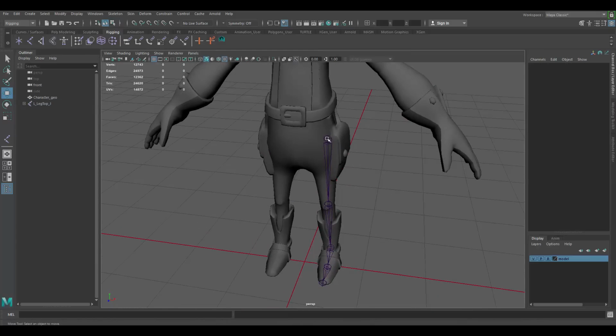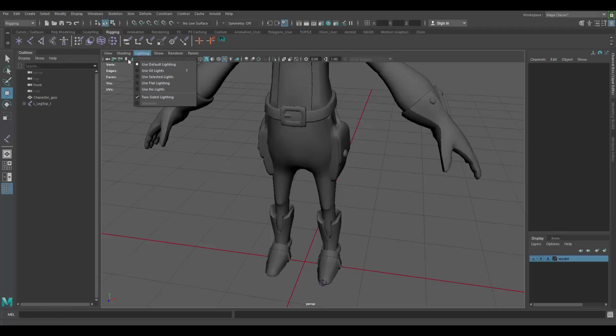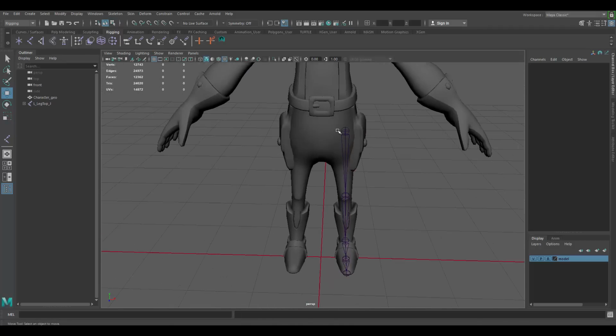By the way, if you're not seeing your joints through your character, make sure that under shading you're seeing X-ray joints. So now you can see them. Cool, so now we have our joints set up